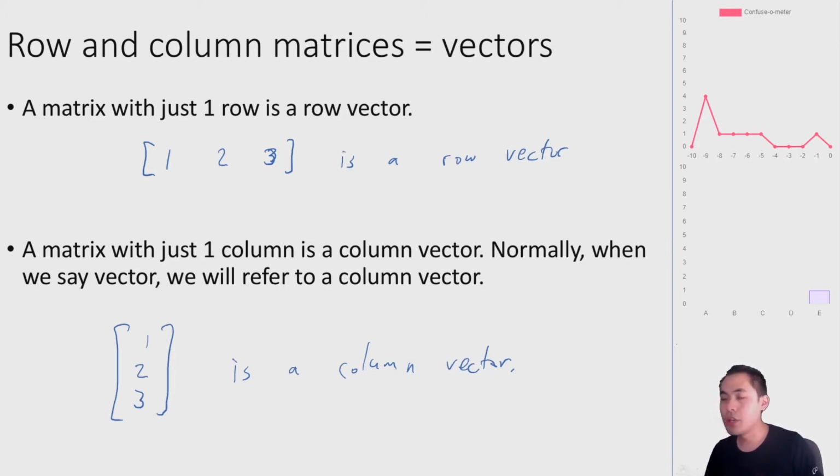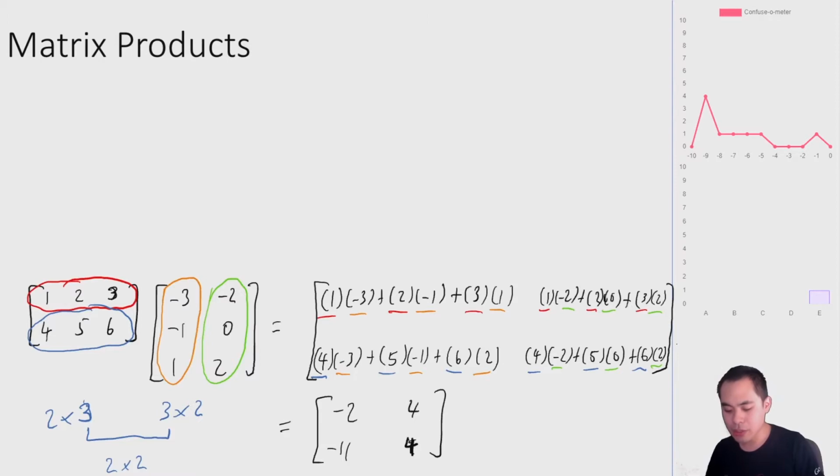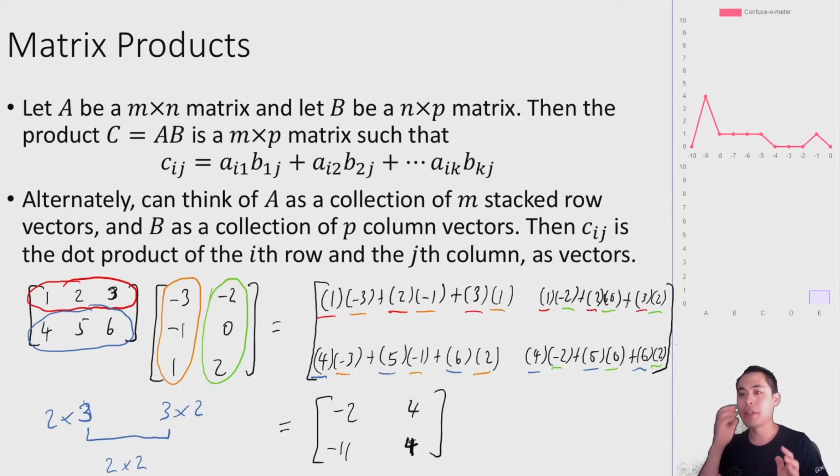Okay, so the last thing I think we covered last time was this idea of matrix products, and the way I defined it was as this sort of dot product-like thing. There are a couple different ways of thinking about matrix multiplication, and we'll be trying out several of them. But here, the basic idea is that if you have two different matrices, where the second dimension of the first matrix